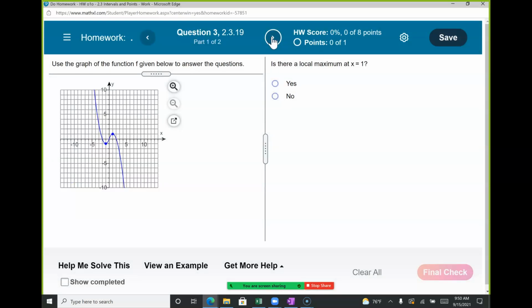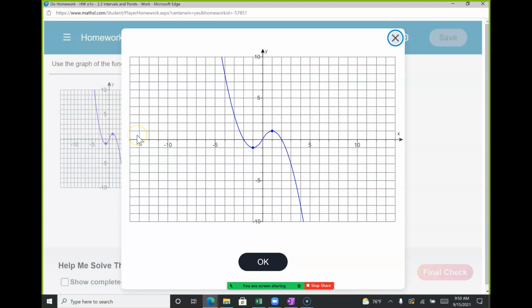Question 2, is there a local max at x is 1? Right, that's the question they're asking me. So my interpretation of this: am I standing at the top of a hill when x is 1? That's a local max. Am I standing at the bottom of a valley? That's a local min. And what I mean about local is,